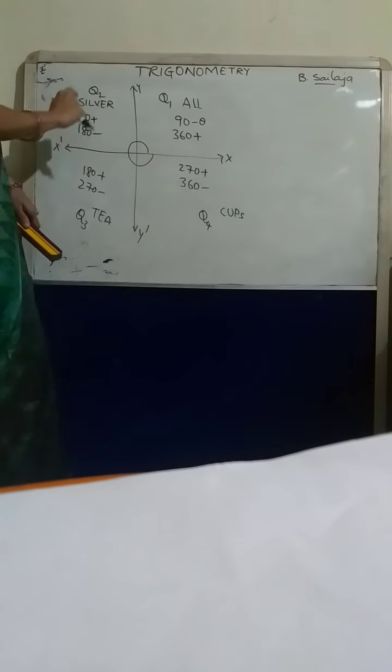Like this our angle formation is rotated. Okay. Here see, you observe 90 minus, 360 plus, whatever the angle theta, A, whatever the angle that lies in first quadrant. 90 plus, 180 minus is in second. 180 plus, 270 minus is in third. 270 plus, 360 is in fourth. Once you observe this. Here I told some formulas once.